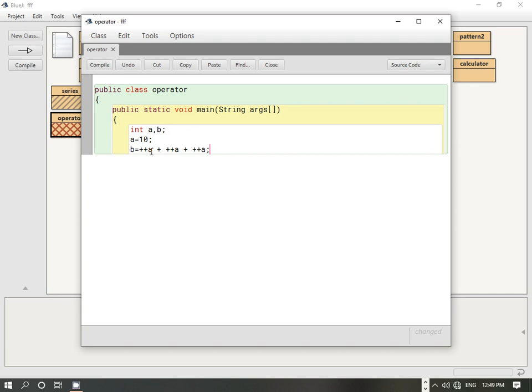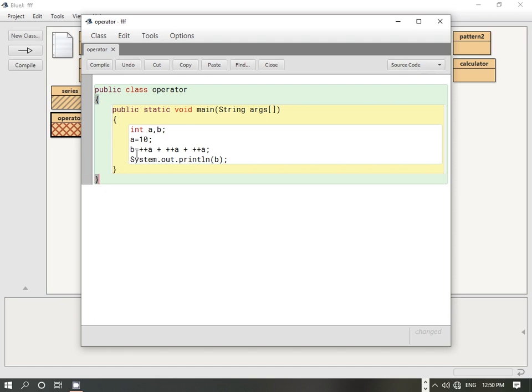So ++a + ++a + ++a, and now we are going to print the value. We will find out what will be the value of b after this expression is evaluated.